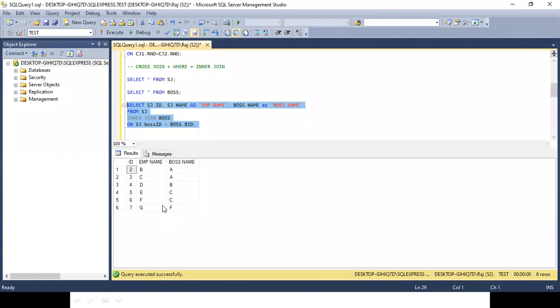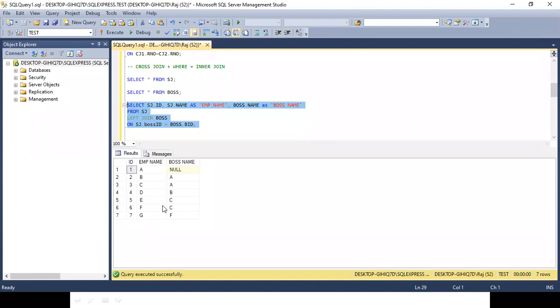Sir, the null value is not there. It is not there. So we have taken the left join because I want all the records from SJ. SJ is the left table. Yes or no? Because it is coming before join. So that is the left and the boss is the right. So I want all the records from the left table. That's why I have used left join. I hope this is clear. Okay, clear, sir. Thank you.